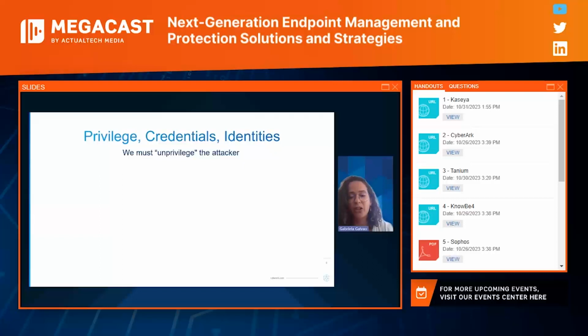Many vendors out there claim that they can detect the attacker, they can take the attacker out of the organization. What is truly effective in terms of robust identity security is that you have to unprivilege the attacker to make sure that wherever they are, because they're going to be somewhere, they won't be able to do any harm to your organization.